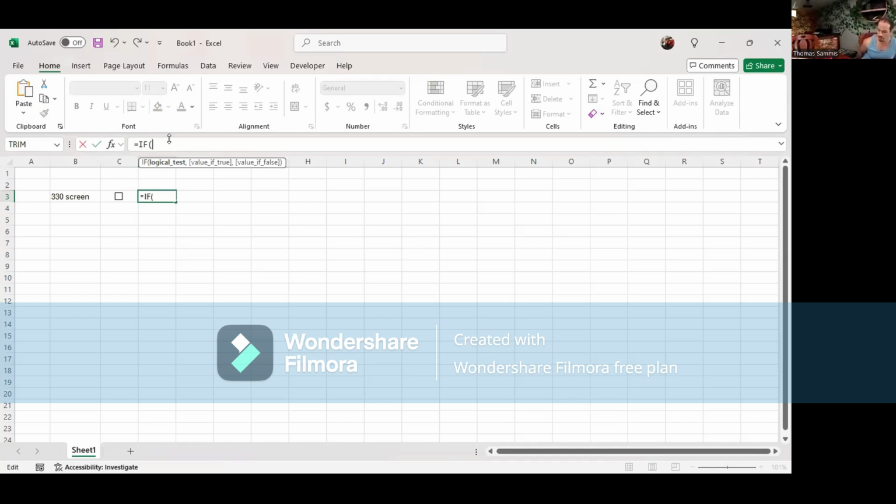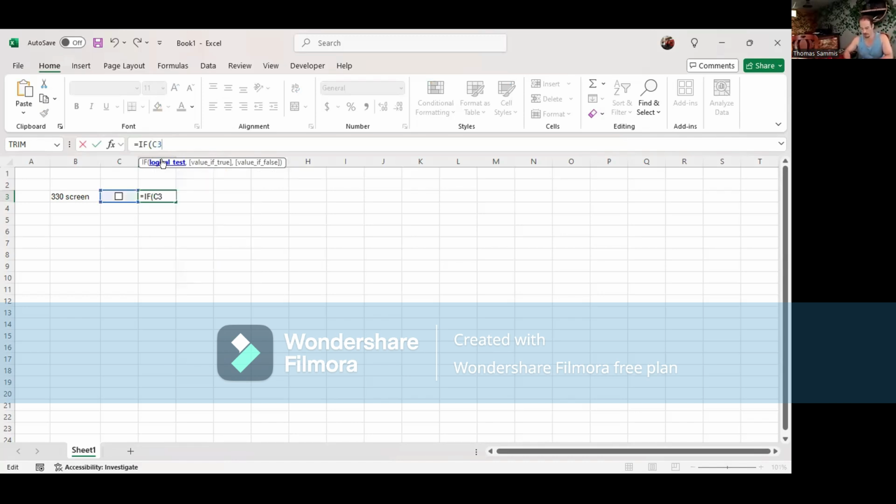Now it's telling you right here what to do. Like, logical test is what you want to test. Like C3, we attached the values in the checkbox to C3. So if